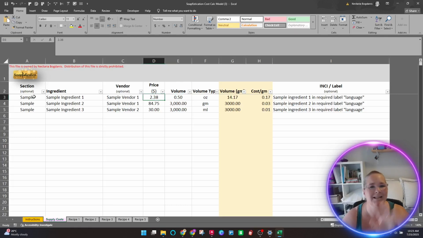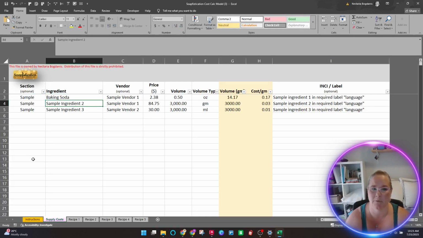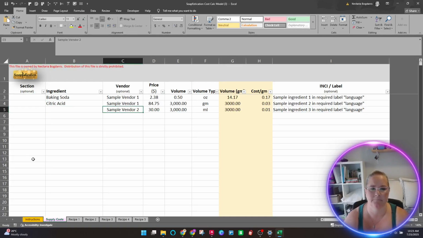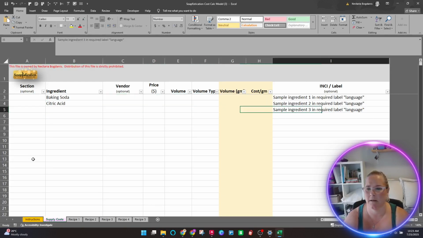Okay. So let's just play with some. I know I'm going to need baking soda. I'm going to do a bath bomb. I know I'm going to have citric acid, right? I'm going to get rid of these things. Okay.